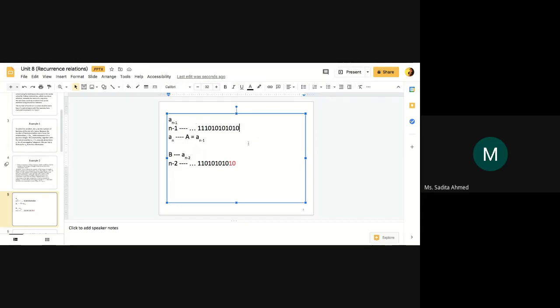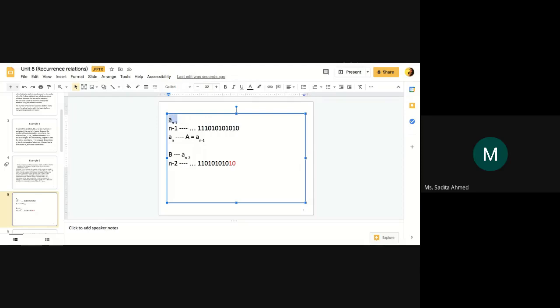Yes, miss. It might either end with 0 or with 1. If it ends with 1, no problem. If it ends with 0, then the one before that will be 1. But whatever the scenario, there will be no two consecutive zeros, and we are assuming that we already have this count, an minus 1,